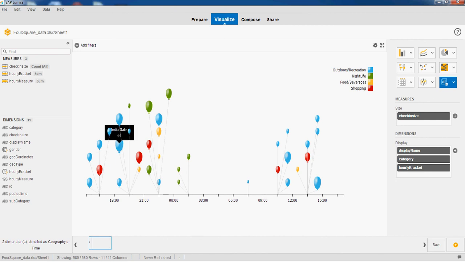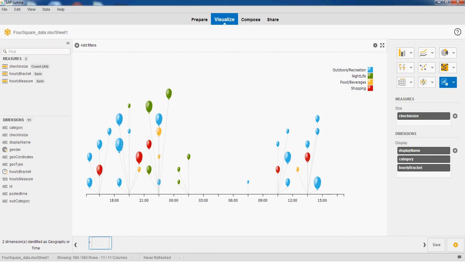Then at night, people are going to India Gate for recreation. Based on this map and chart, I can plan my whole day's events and tour Delhi in a hassle-free way.